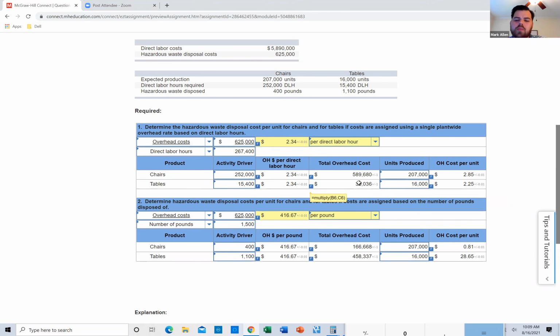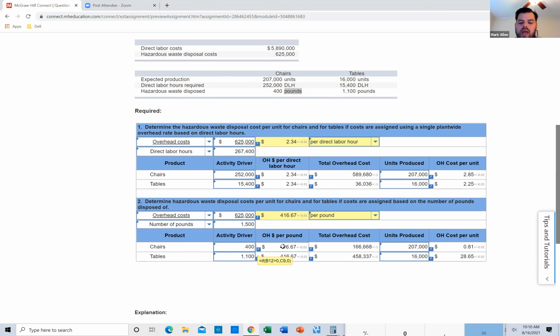So we realize maybe this isn't the best way to allocate this. Maybe instead, we should be allocating this on the basis of the waste that's actually being disposed of. So if we do that, my activity driver is 400 pounds of hazardous waste for chairs and 1,100 for